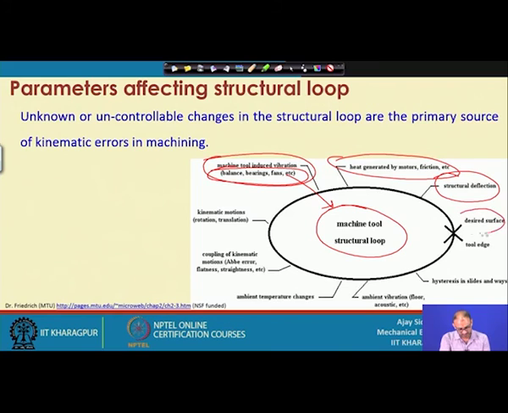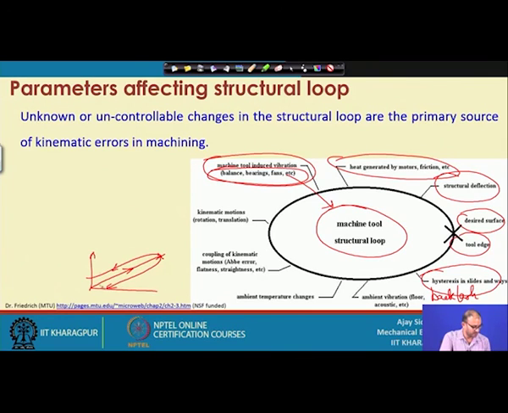And this is the desired surface, this is the tool edge. Then on the other side, hysteresis, that means backlash. When you start a movement from one location, you are not going in the same direction, the return path is different and the going path is different. So, in that case you have 2 outputs for one single input, right. So, that is creating a problem.